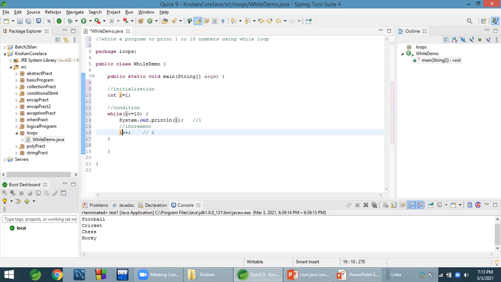But with i++, it performs all the operations regarding i first and then increments. For example, if I write i++ in a print, it will first print i and then increment. But if I write ++i, it will first increment the value of i and then print. So this is the difference.